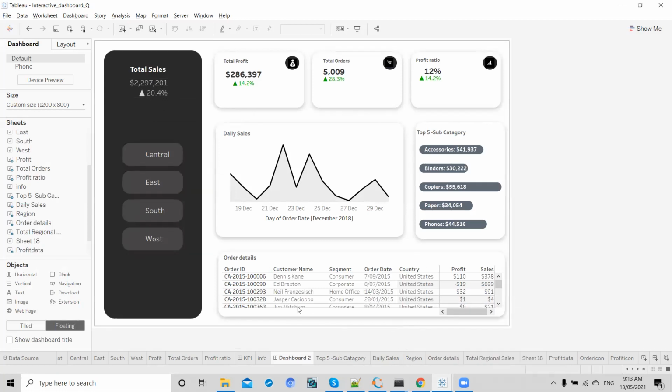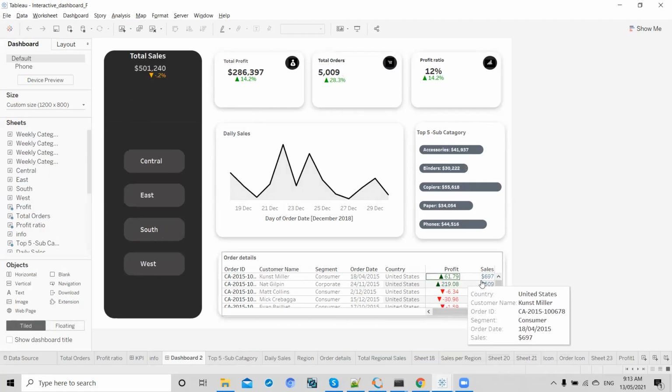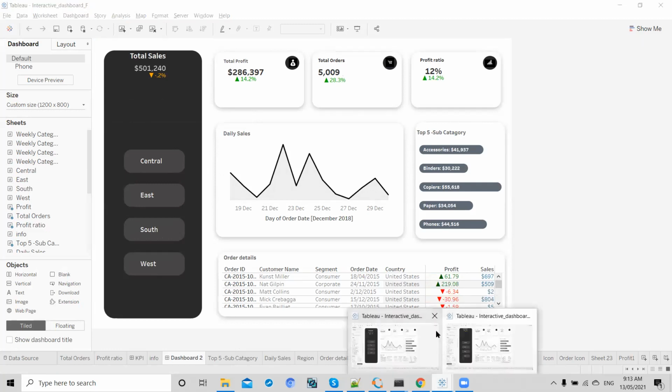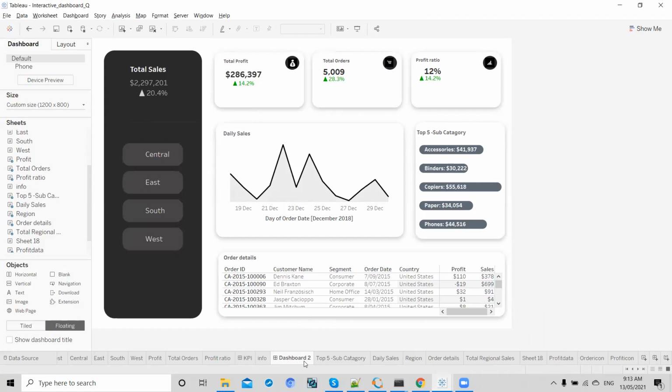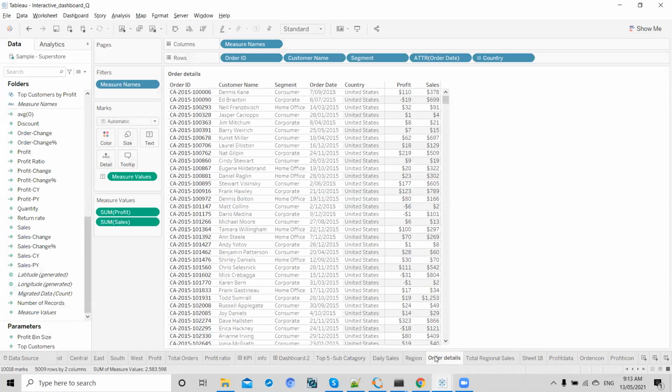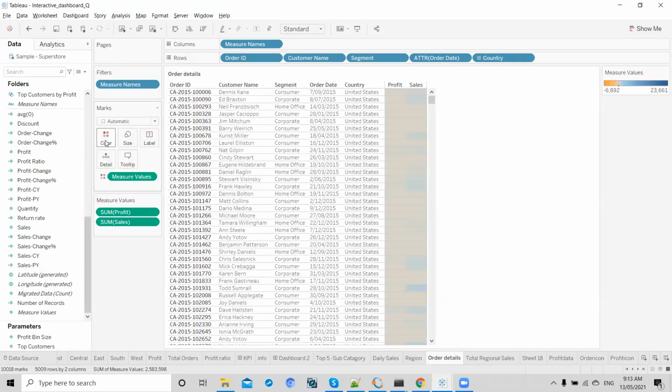Now in this profit and sales, we have this icon for increase and decrease. You can do the same. So for this one we have the order icon here. So to add this in color,